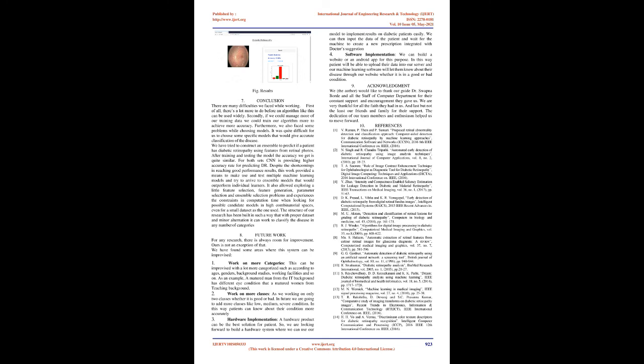8. Future work. For any research, there is always room for improvement. Ours is not an exception of that. We have found some areas where the system can be improved. 1. Work on more categories. This can be improved with a lot more categories, such as according to ages, genders, background studies, working facilities, and so on. As an example, a matured man from the IT background has different eye condition than a matured woman